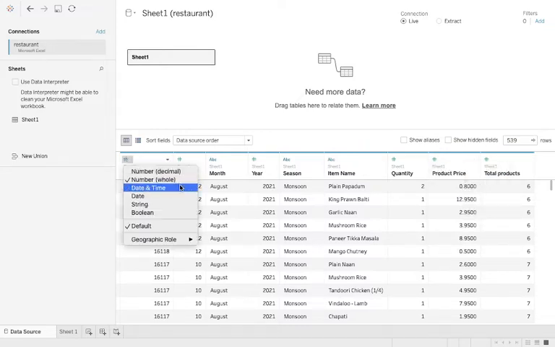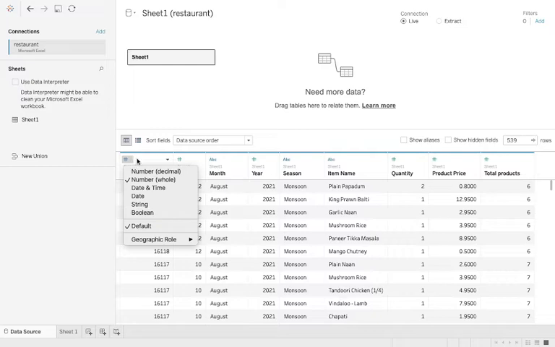Then your next data type is date and time. So you can have your date and time data type as well, and another is just the date. So these are two data types that we have. Then string, as I told you, that is your ABC, your text data type, and the last one is boolean.